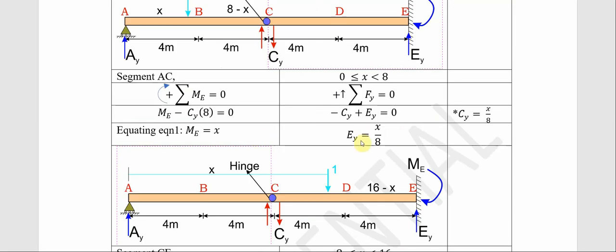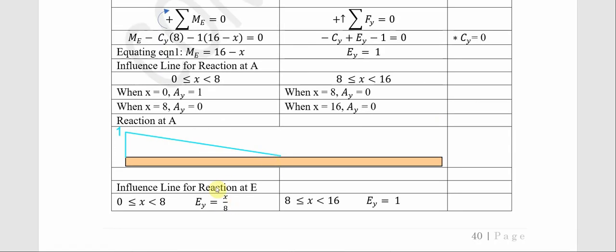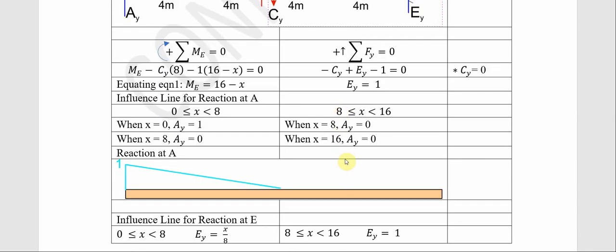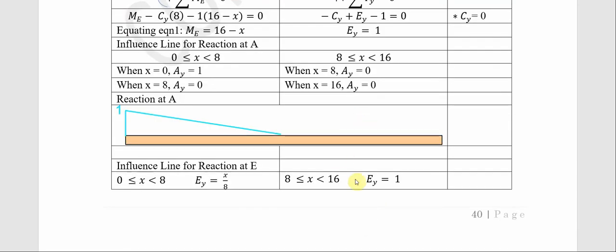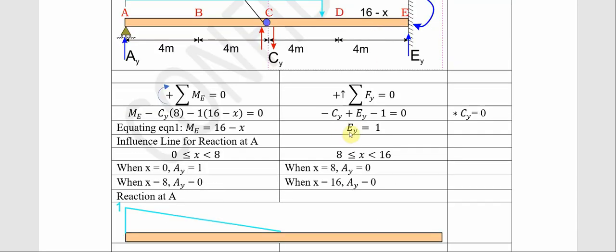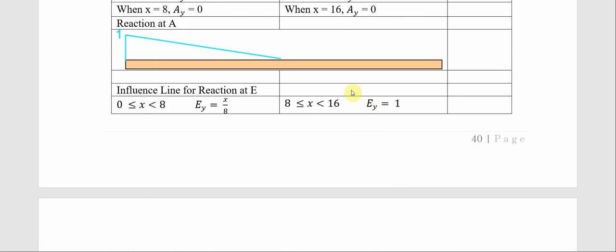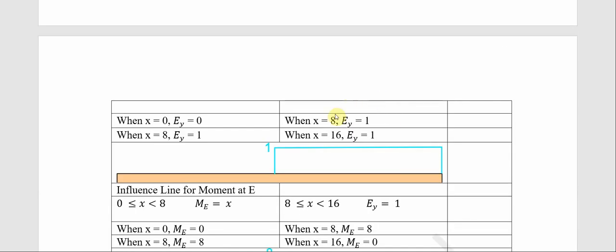We already have that establishment here. Now since we already have this equation, we will look at the other side too, from 8 ≤ S ≤ 16. What is our EY? Our EY is 1 here, as we already have from this establishment. So we're just writing out what we already calculated earlier, and then we use it for our